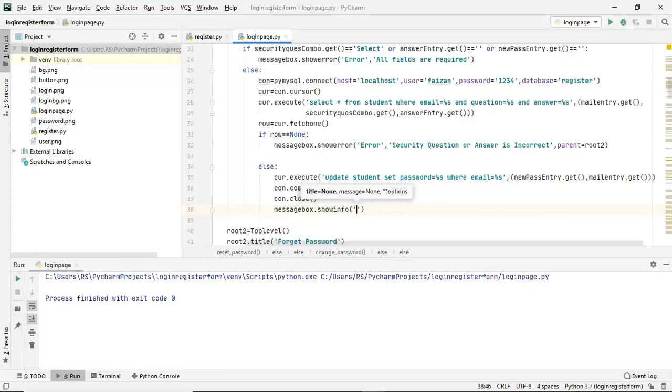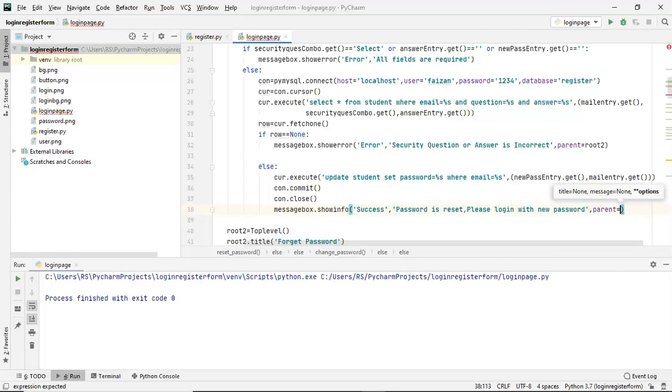So I'll write a success message, and here I'll write password is reset, please log in with new password. And here also I'll give a parent so that this message box appears on the top of that window, so I'll give a parent root2.